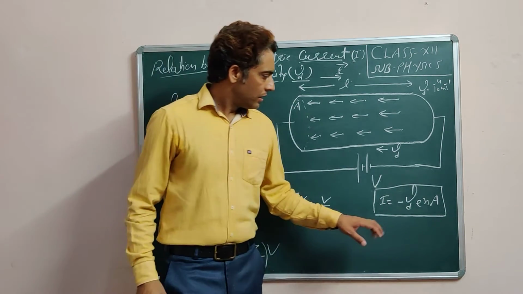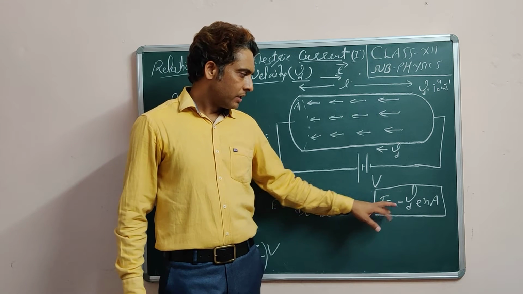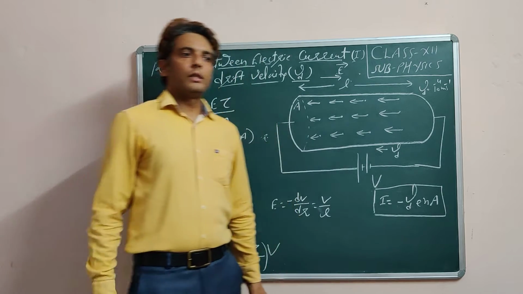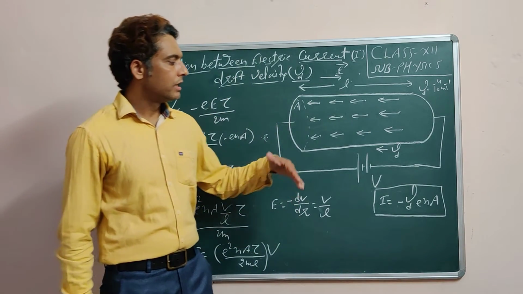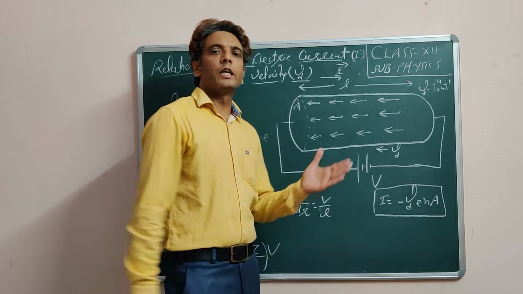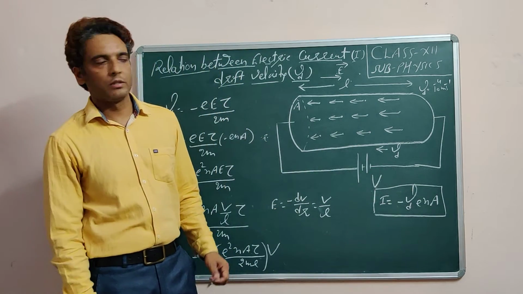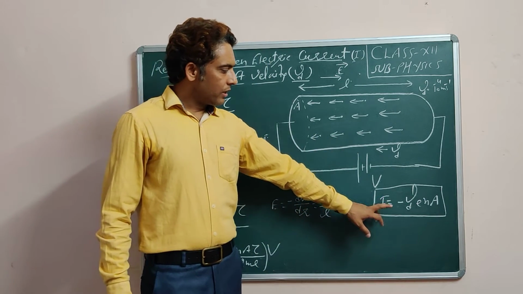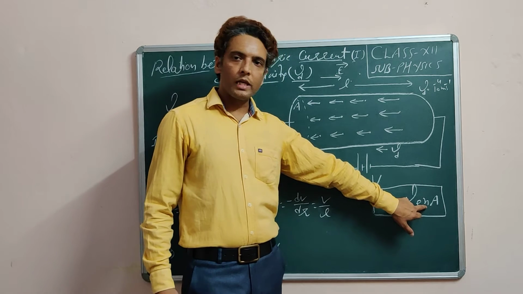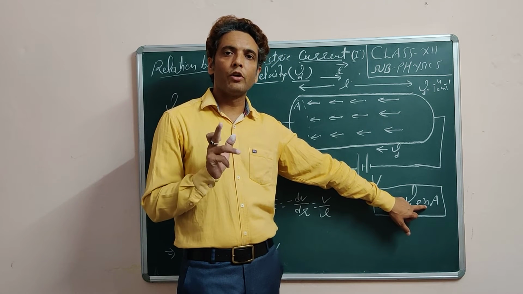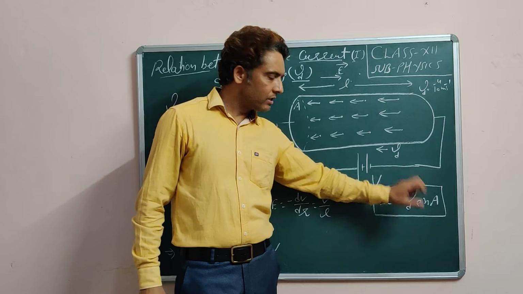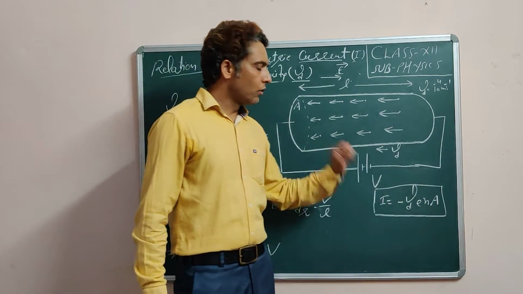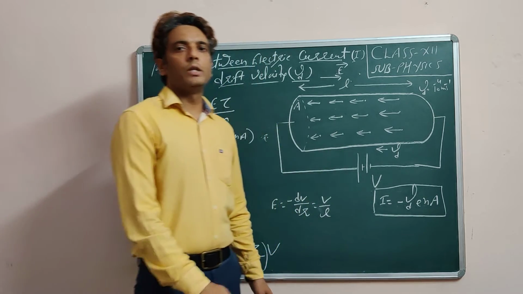One question can also be asked: if these factors, E and Vd, are small, then why is the current large? Current can be large, it can have values of the order of a few amperes: 2 ampere, 5 ampere, 10 ampere. So the large value of current is due to this factor n. This is the number of electrons per unit volume of the conductor, and this factor is very large in case of conductors. That's why the magnitude of current flowing through the conductors can be large.